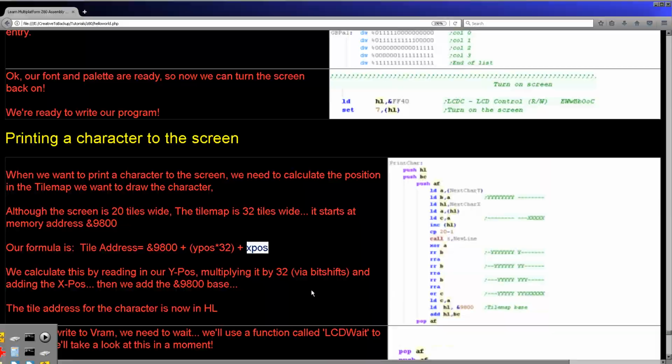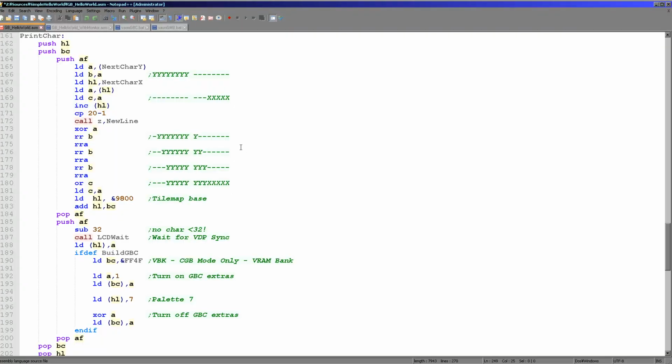add the Y position times 32, because there's 32 tiles wide, and then add the X position. That's what we're doing in that code, but we're doing it with bit shifts because that's the efficient way of doing multiplication within the hardware. So we're going to load the Y position into B here. We're going to load the X position